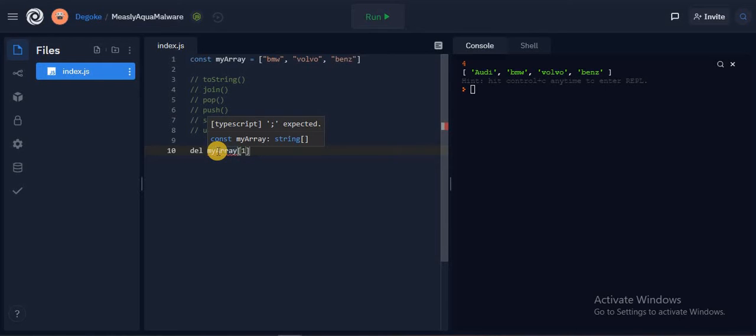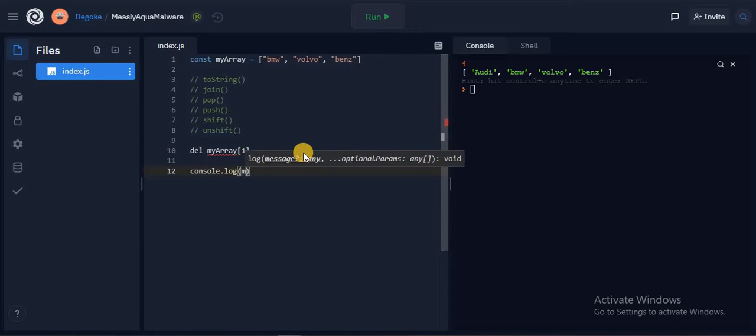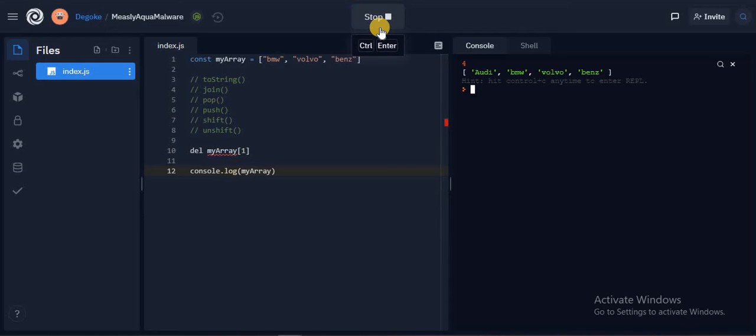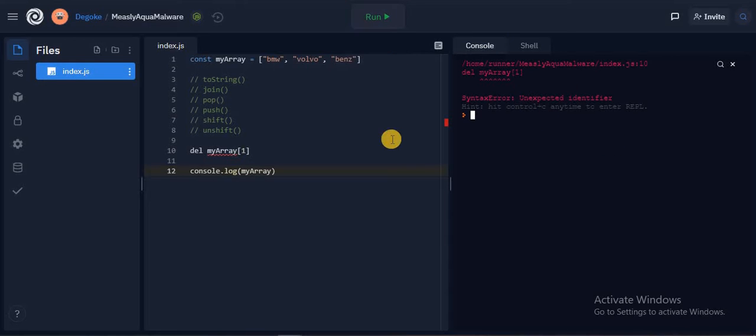Why is the editor giving me this? And then let's log the new array, the array after deleting the element. I'll have to debug this thing. The editor is